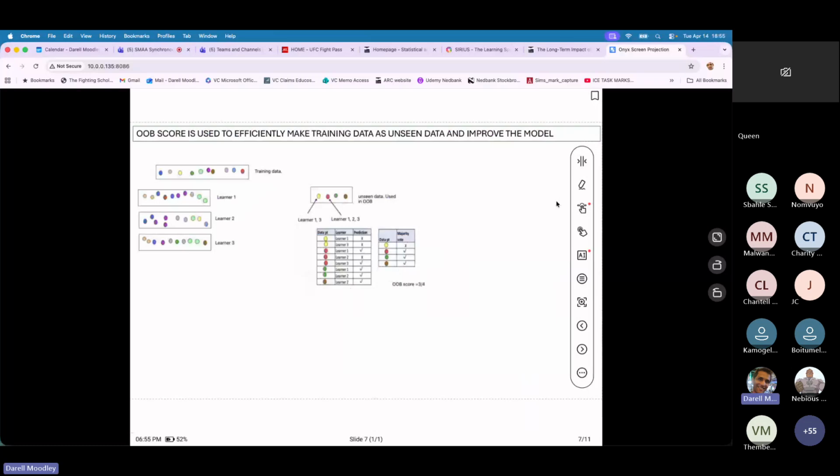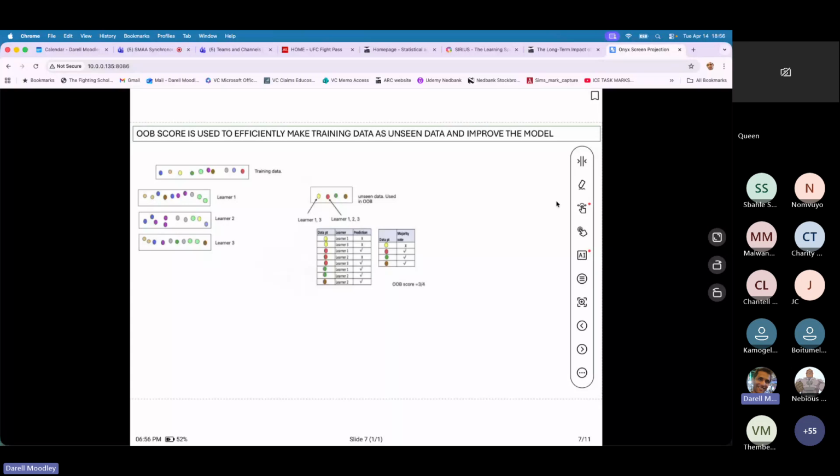All right, so now I'm going to talk about something called OOB score, and I believe it stands for out of bag score. OOB score is a very nice quality that random forest has. I'm pretty sure you're familiar with the train and the test data. The training data is what you would expose the model to. You would train that model on that data, and then you would keep aside the test data. After you train, you would implement this model on the test data